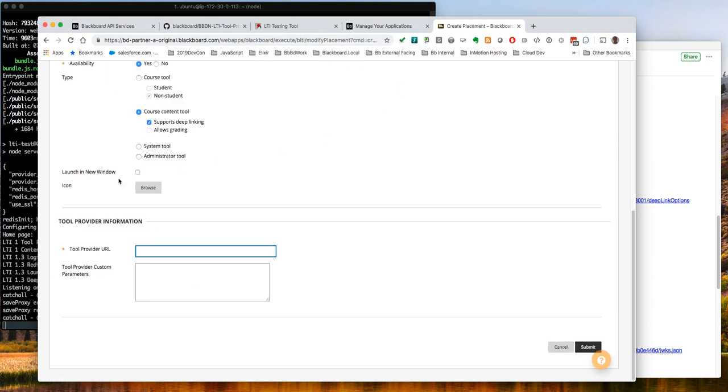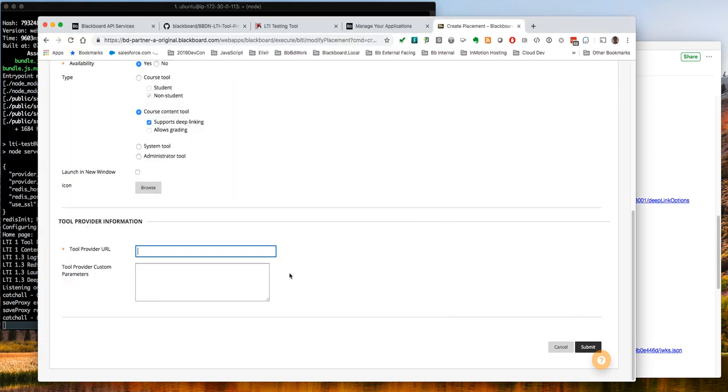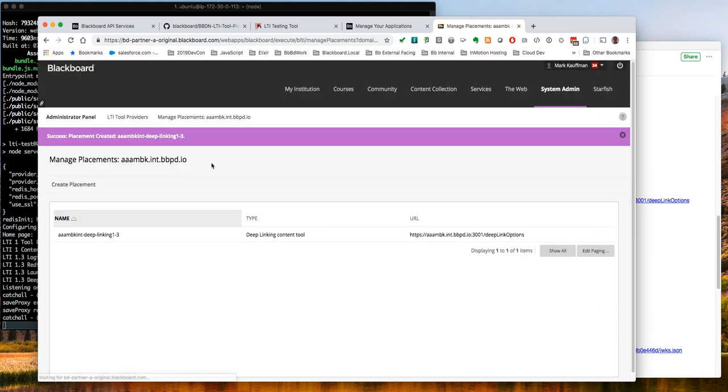Oh, the tool provider URL, right. Well, that was given to us when we started our tool. It's the deep linking URL. So we'll just go ahead and put that in here. Now you can put custom parameters here that would be included in the launch if you want, just like you did with LTI 1.1, but we're not going to do that for now. Maybe we'll show that in the next video. So now we hit submit. And now we've got this